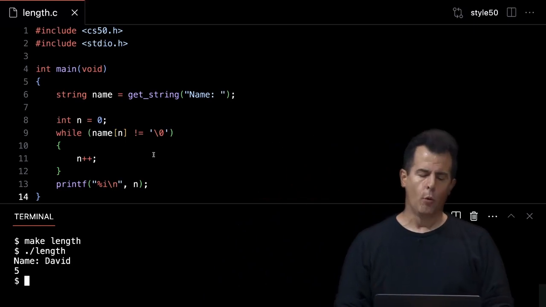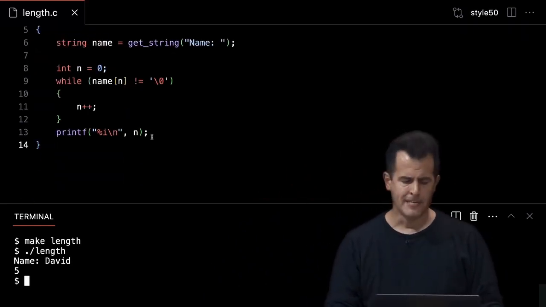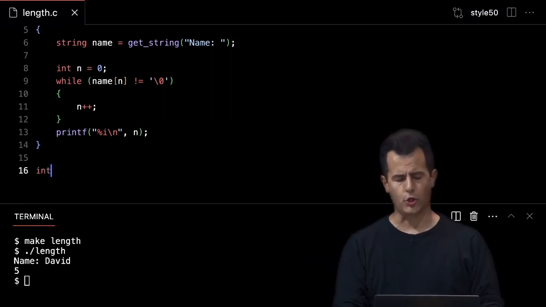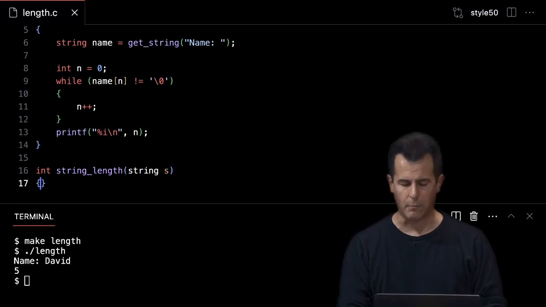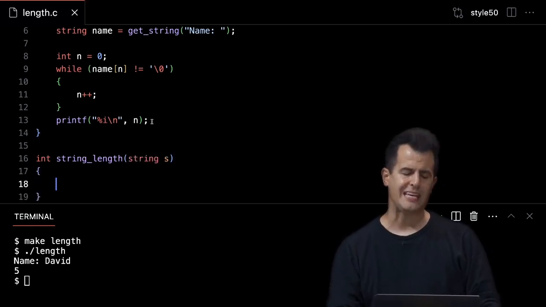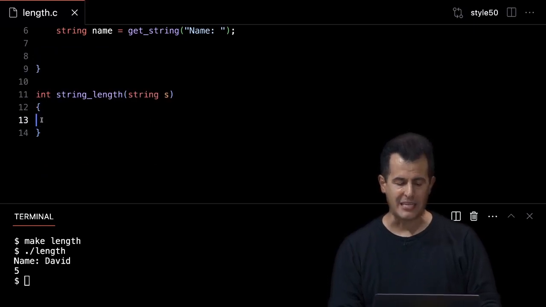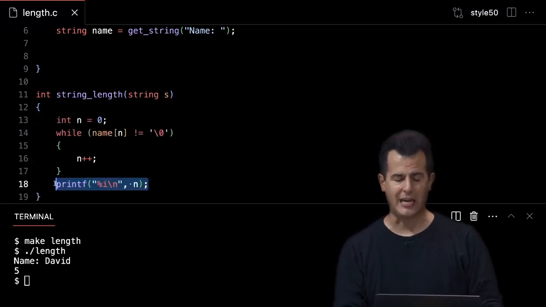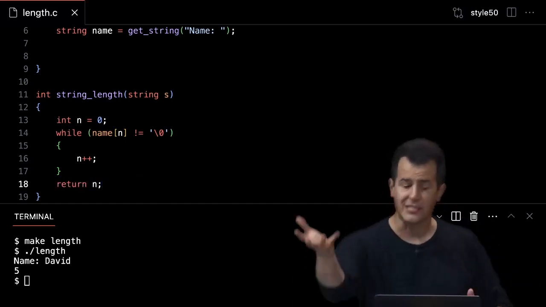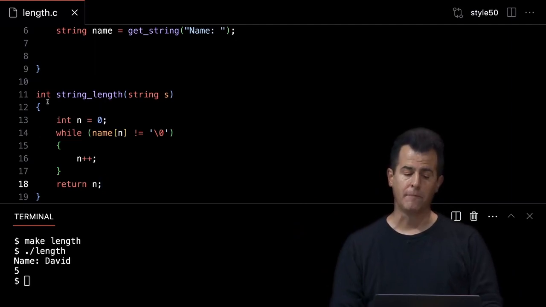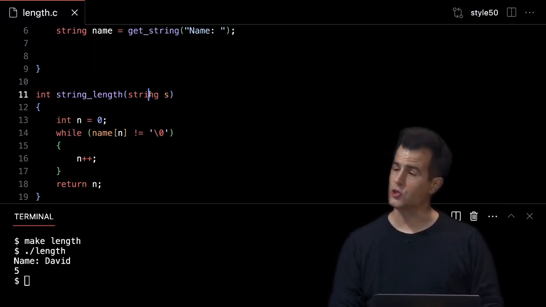But what if I want to do this? What if I want to make another function for this? Well, I could do that. All right, let's do this. Let's write a quick function called string_length. It's going to take a string called s or whatever as input. And then, you know what? Let's just do this in that function. I'm going to borrow my code from a moment ago. I'm going to paste it into this function, but I'm not going to print out the length. I'm going to return the length n. So I have a helper function of sorts that's going to hand me back the length of the string. And that's why this returns an int, but takes a string as its argument.